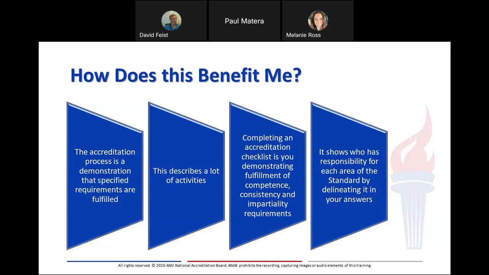So how does this benefit me? Probably by now we've indicated that over and over again, but to recap, a thoughtfully completed checklist can provide a smoother assessment of your findings, a gap analysis tool for you to use, an internal audit record, and a living document that may help you keep track of where your quality management system addresses a given requirement.